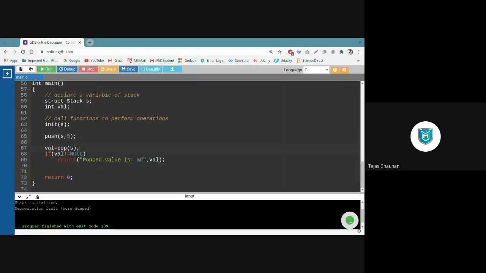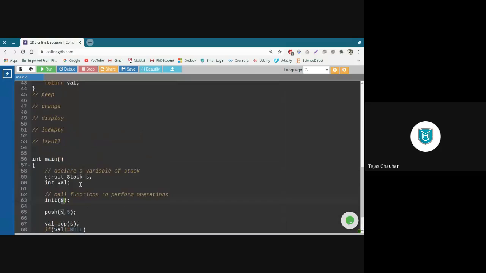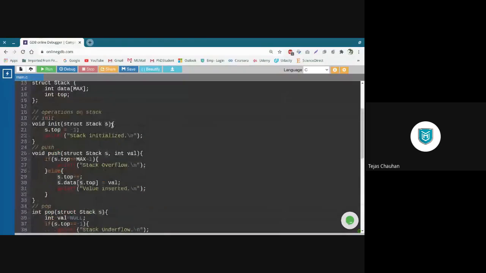Okay, let me tell you the actual reason behind this problem. So if you remember, when we call a function as a call by value, then whatever value we pass, a copy of that value will be generated in the function.